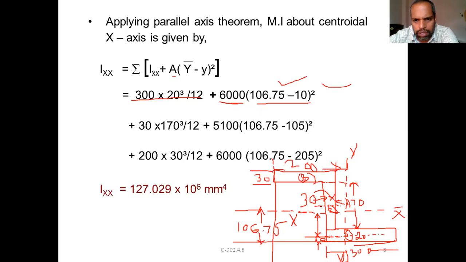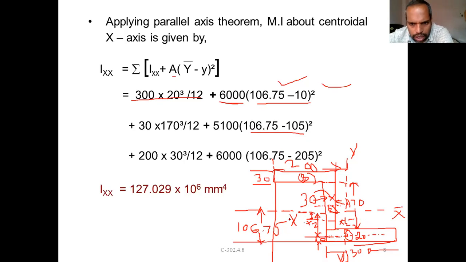Right. But where does the centroidal axis of this one lie? The centroid lies at a distance of 106.5, which means it is not above, it is below. Our assumption is that the centroidal axis of figure 2 lies below the centroidal axis of the structure. That's why it is 106.5 minus 105. This small difference is very close, but they do not coincide. That is nothing but 106.75 minus 105.